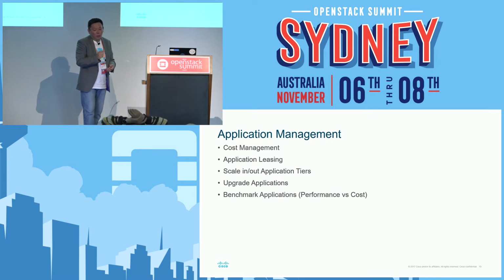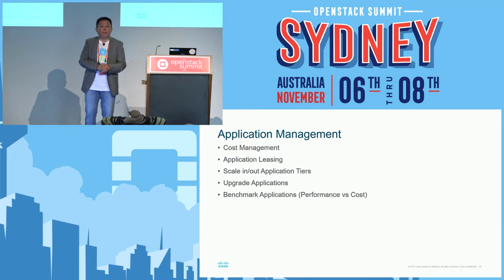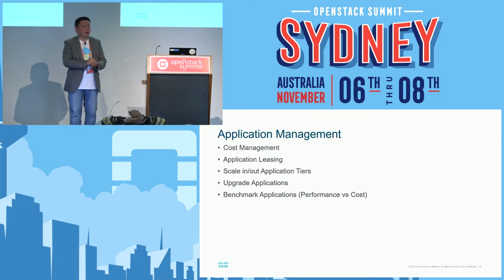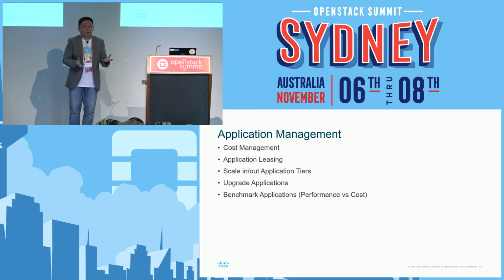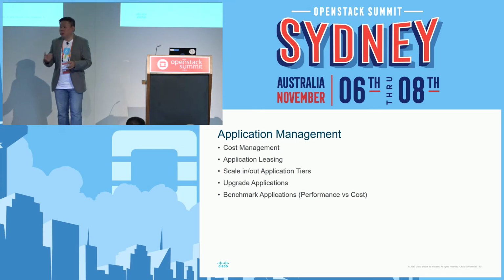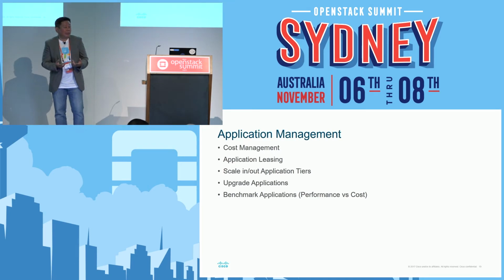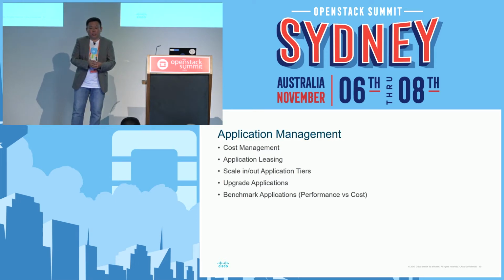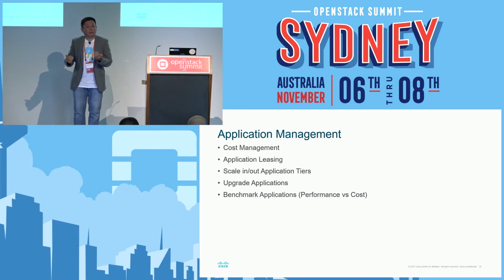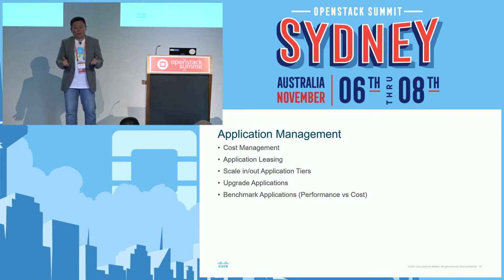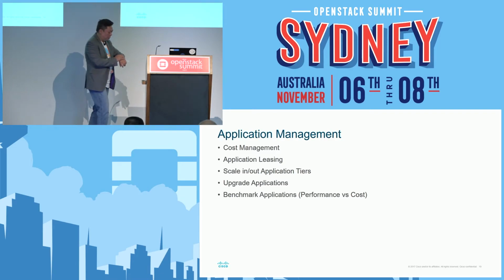And the final one that I'll show in the demo is benchmarking applications, right? How many times have you thought, I've got an application, but is it going to cost me more if I run it on Amazon or less if I run it on Google, right? A lot of people don't have that answer, and they struggle, right? A lot of people try because it's one of the largest projects in a financial institution to figure out what is the best performance versus price, right? And you have the choice of so many clouds out there. How do you actually do it? And I'll show you an actual solution itself.